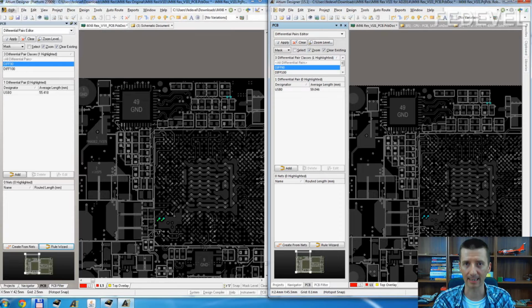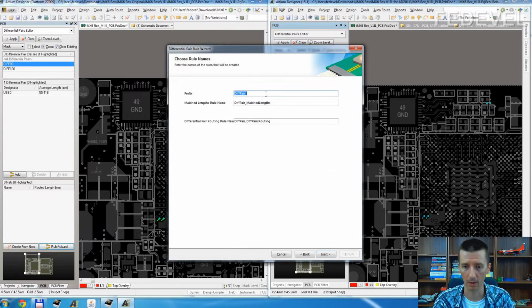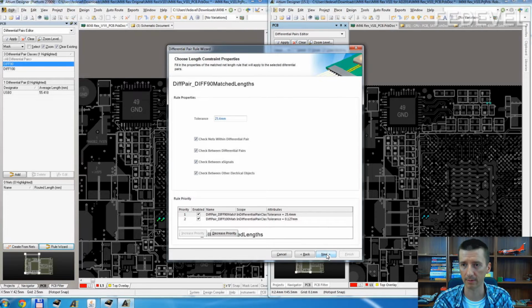It is almost exactly the same for the new Altium. Select the differential pair class called diff90, then click rule wizard, next, call it diff90, next, the tolerance between plus and minus 5 mils,